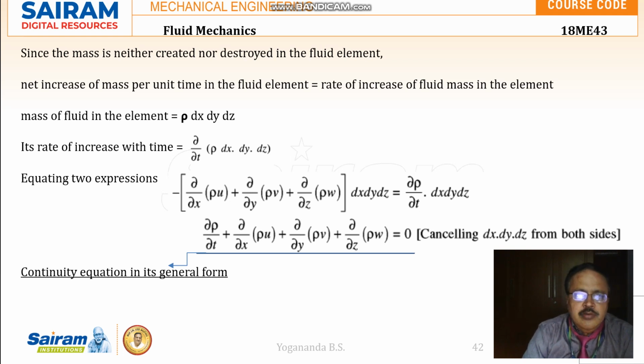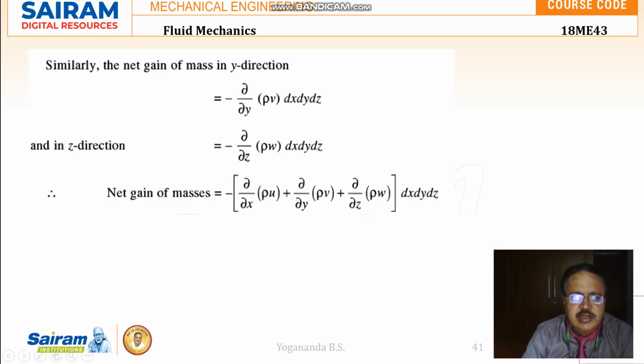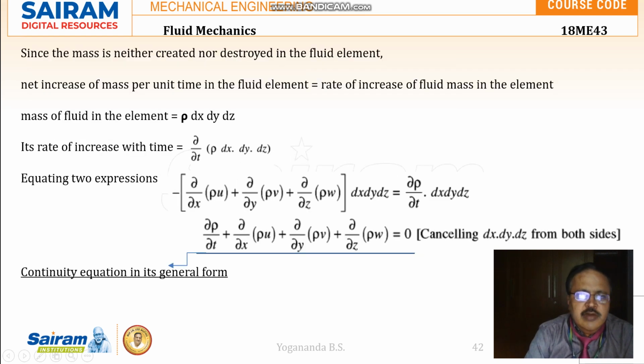So we have one equation here, and the other equation is the net gain of masses. This is equated to the rate of increase of fluid mass of the element with respect to time. Cancelling dx, dy, dz on both sides, and taking the minus also to the other side,